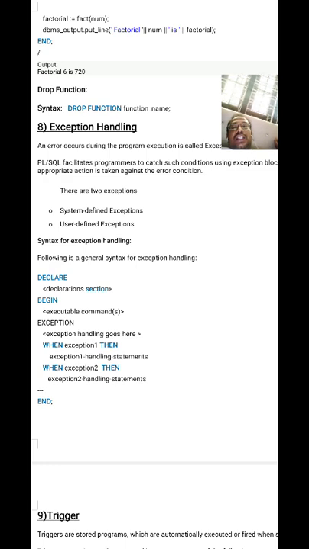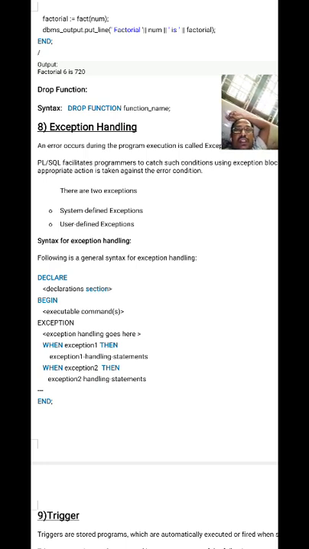In that, write the declaration section, and after that write begin, then the executable commands, the actions you want to execute. After that, for handling exceptions, write the exception keyword, and write the exception handling here. When an exception occurs, it checks and handles that exception in the when clause, and the action you want to take, you write after the then.